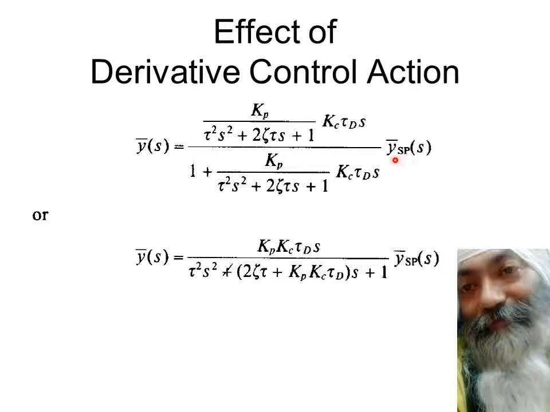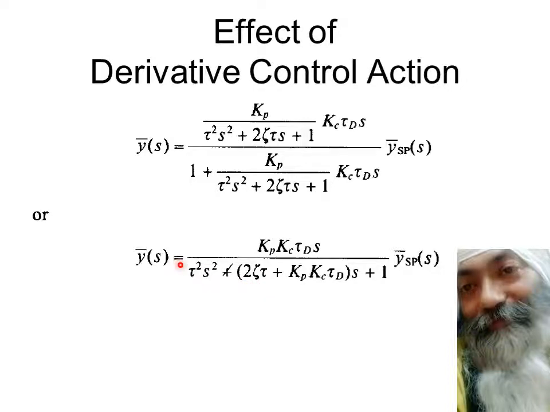And again, this is for the given servo problem. We are taking y bar sp, and in case of loading, ds bar is assumed to be 0. If we rearrange these terms once again, it comes out like this. And in the second order system, what we see is that there is no change in tau. This tau remains tau. It doesn't become tau plus something, but this term 2 zeta tau increases. It means that the damping increases. This is very significant, that the new zeta will be more than the old zeta.